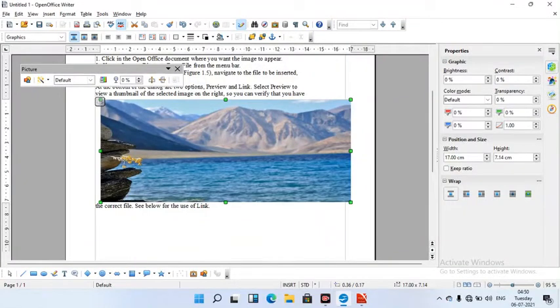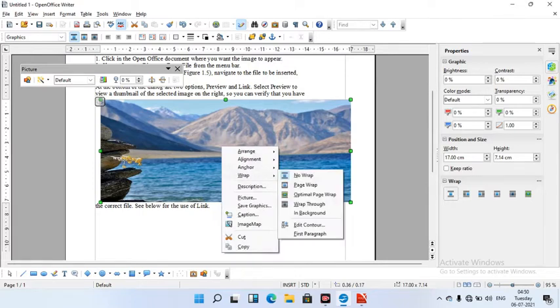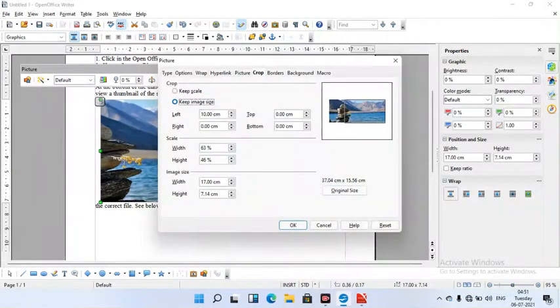So there is no change in the image size. Image size is as it is, but it has cut 10 centimeter. This is the advantage of keep image size. Keep scale means it will cut. Keep image size will not cut. The image size will be as it is.